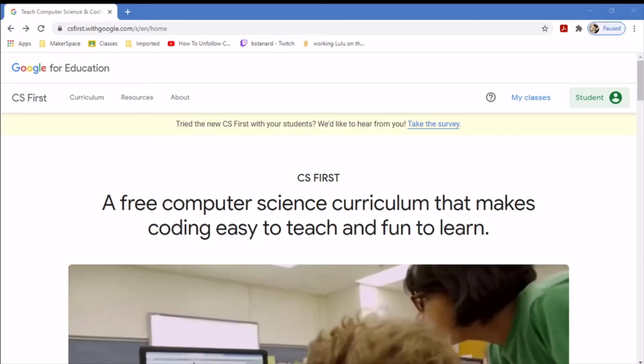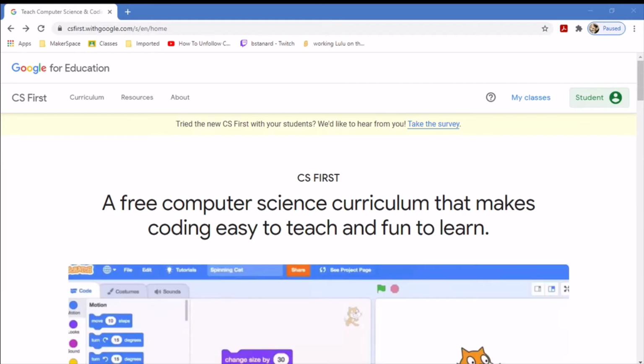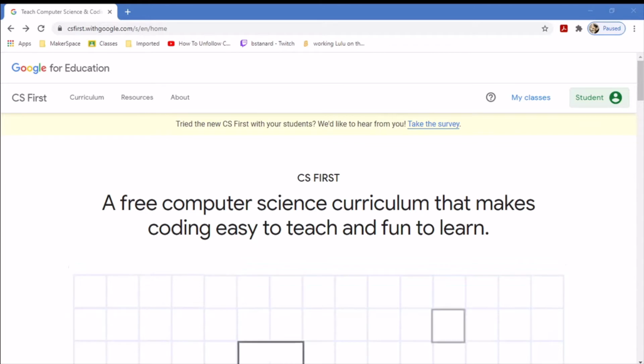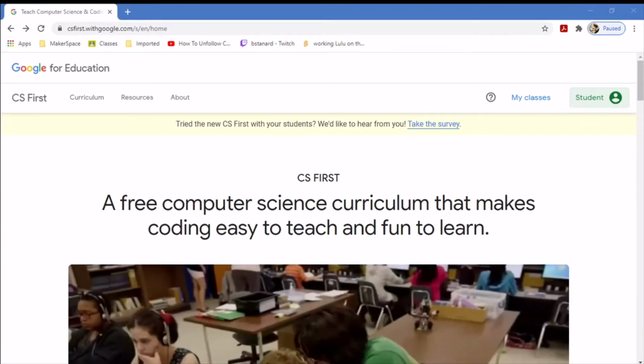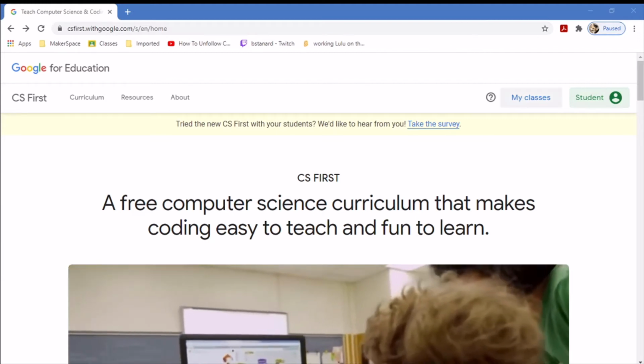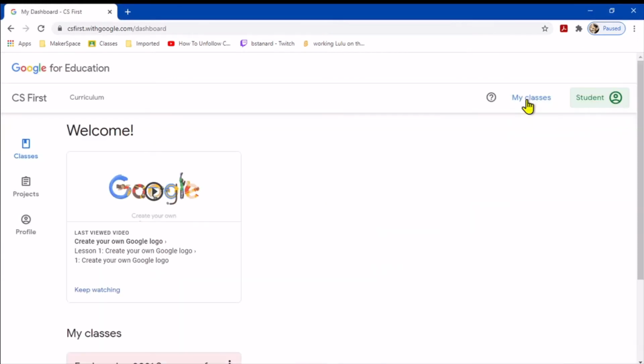Okay, once you log into CS First, you're going to come to a page that's really a lot of advertisements about the program. So you want to come up and click on the button that is going to take you to your classes. So I'm going to click on the My Classes button in the upper right hand corner, and it's going to take me to the page where everything starts. So go ahead and click on that,